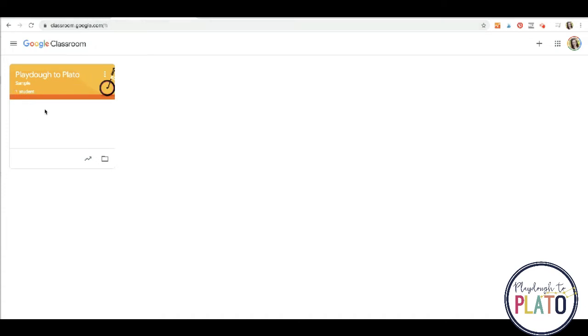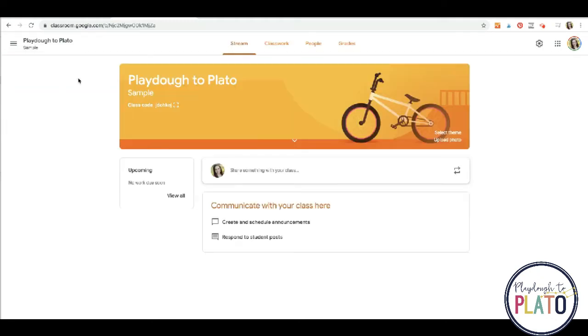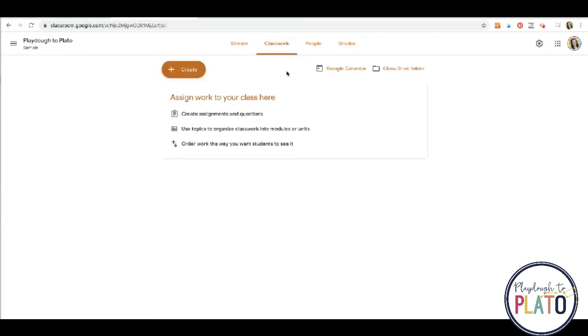So I went ahead and created a sample classroom here. It's named Play-Doh to Play-Doh. And when I open it up, you can see here that I have a stream. So this is where I would have any announcements about new assignments I've given kids. If we had an ongoing class discussion, maybe I asked a question, this is where kids would be giving their answers. And then at the top, I also have classwork, and this is where I can actually assign activities to